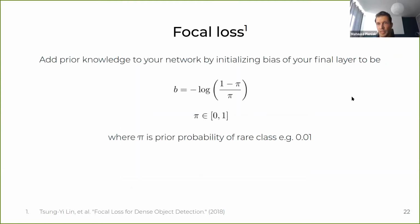Another trick you can do, also from that paper, is that if you have prior knowledge about the distribution of your output labels, and you know that your imbalance ratio is like 99%, for example, then you can input that knowledge into your neural network. So you can add the bias term as on the screen, and the argument for log is like the inverse odds ratio from logistic regression. But the point is that this p-value, you can think of as the probability that